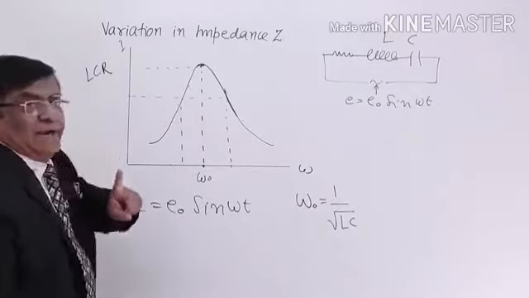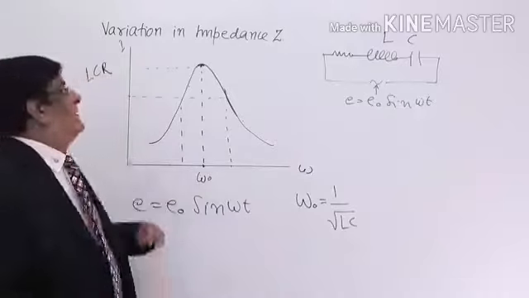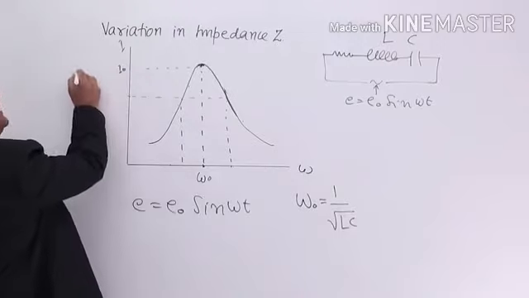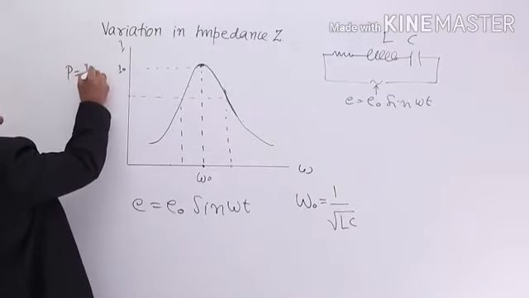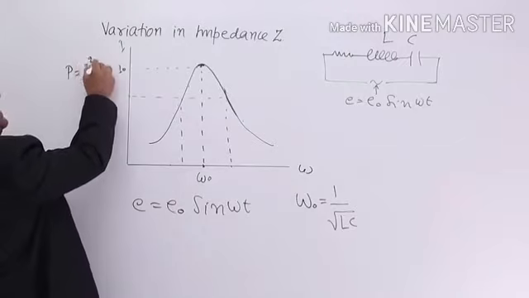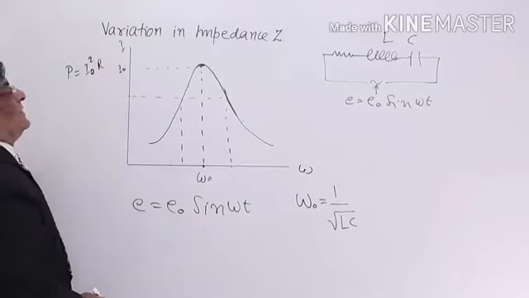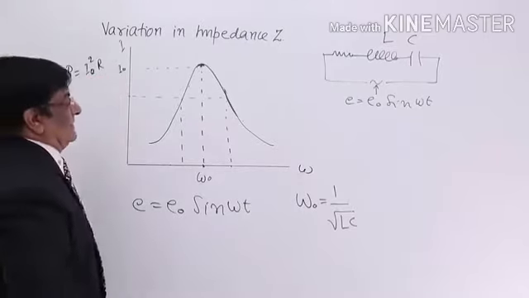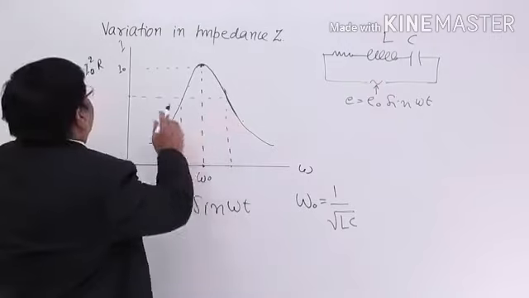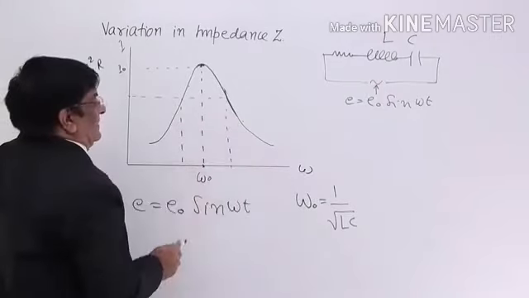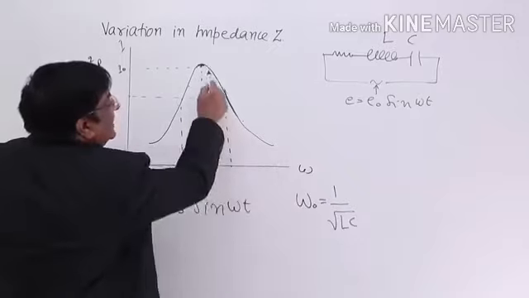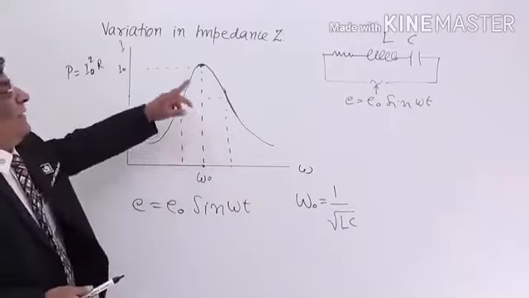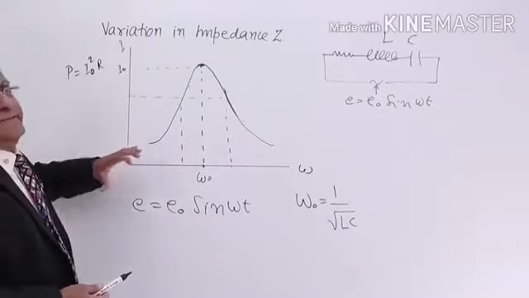Now, it is the current which makes the power of the circuit. So, here if this current is I naught, how much is the power? Answer, power is I naught square R. So if I becomes less, power keeps on decreasing. This is the graph between current and frequency. Frequency increases, current becomes less. Frequency decreases, current becomes less. And if current becomes less, then power also becomes less.